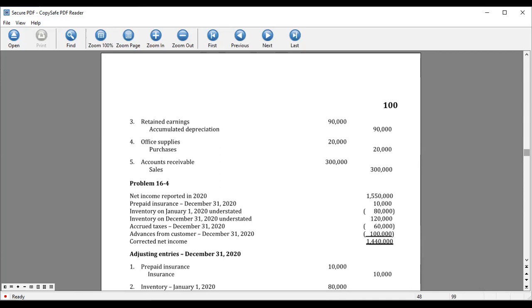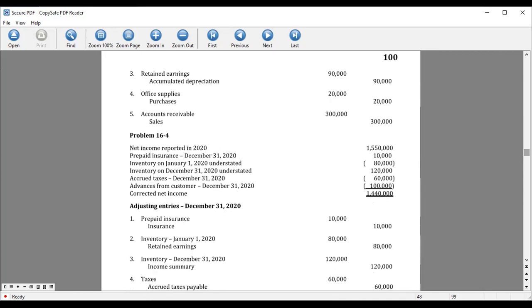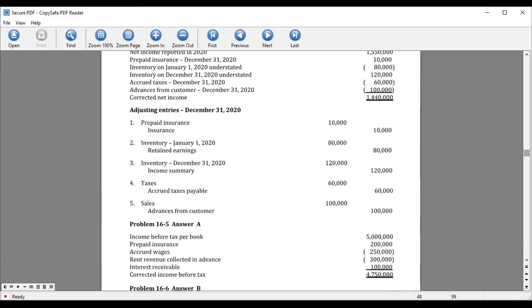Then we debit office supplies and credit back to purchases. However, here we normally deduct purchases for what was debited. And finally, debit accounts receivable and credit sales. Next,